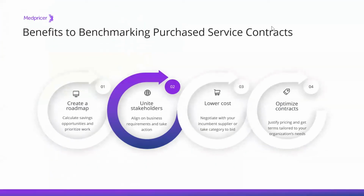A key resource for information gathering, market intelligence, is benchmarking. Benchmarking for purchase services is so important to utilize market research to understand what the opportunities are. It all ties back to how to decide which categories to go after. You need to make sure you're using the resources wisely and that they're focusing on the best opportunities to improve